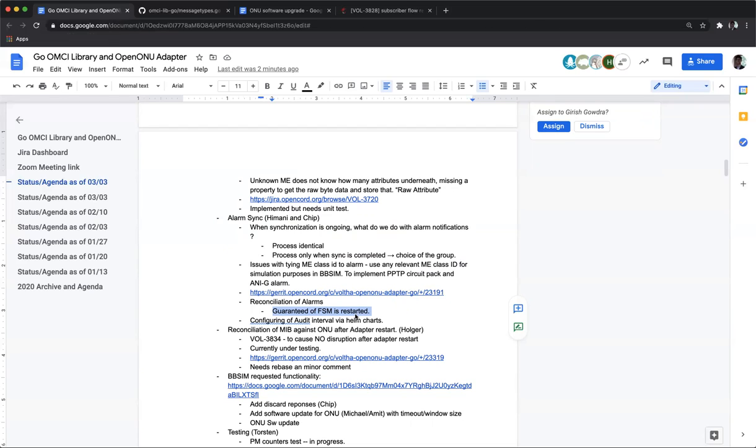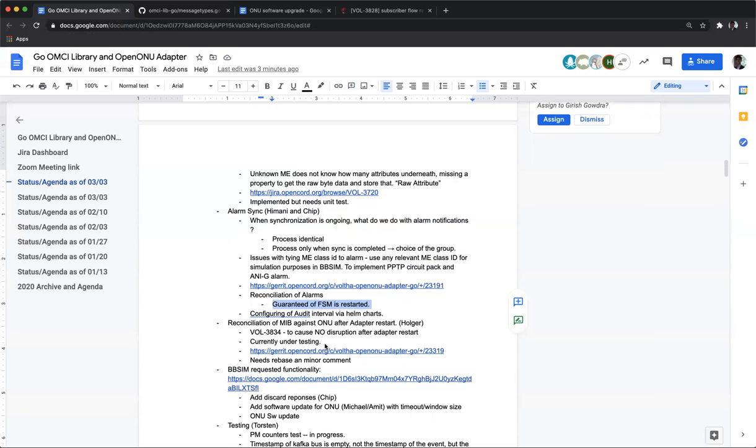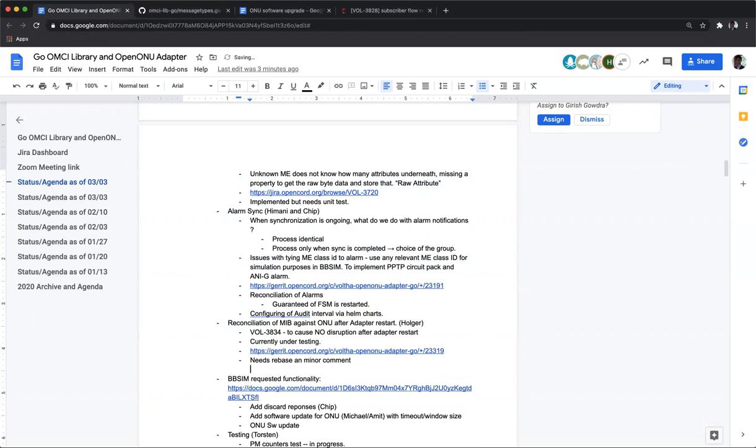Okay. Holger, do you want to give us a brief update on the reconciliation? I saw a patch. Yeah, today I delivered a patch for the reconciliation without traffic disruption. With this patch, the reconcile test suite is running, except the etcd check at the end. But I think Thorsten already takes care of this.